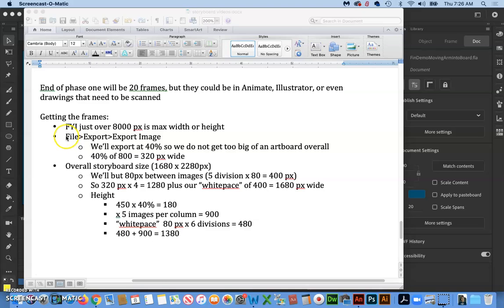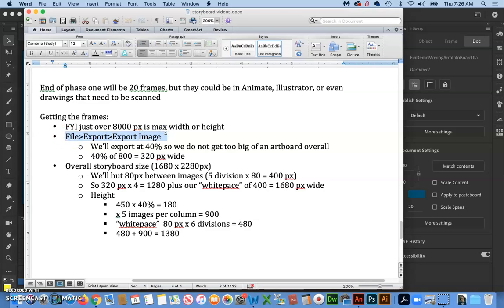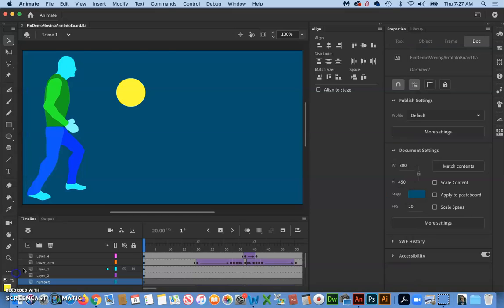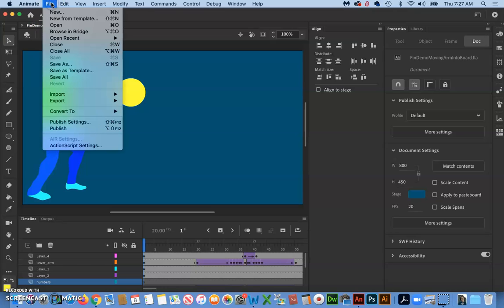Let's start by exporting our frames. Inside the program, you just line up the playhead to where it makes sense, where you have all the visuals that you want for that frame, and then you go File, Export, Export Image. And then, like I said, we're going to go at 40%. In Animate, I have my playhead at the first frame, and then I'm just going to go File, Export, Export Image,